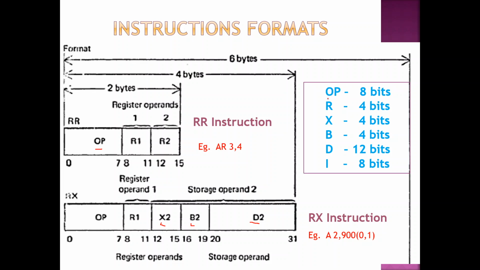OP here stands for the opcode. Any instruction should have the opcode, and after the opcode you have operands. Whenever I say R, whether R1, R2, whatever it is, R means it is a register. OP means it is an opcode. Opcodes are always represented using 8 bits or 1 byte. How is that? I wanted to tell you that first.